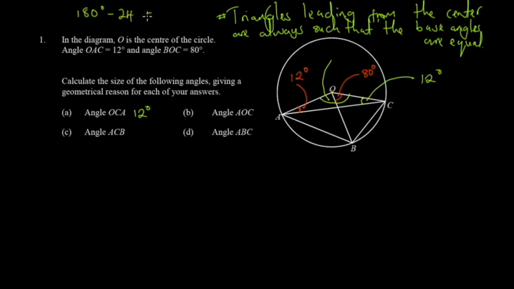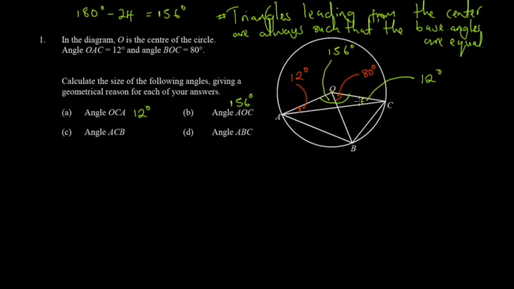So 180 minus 20, you get 160. Minus 4, you get 156, okay? 156 degrees. So this one will be 156 degrees like this. So the idea here, just like I told you, the idea is to